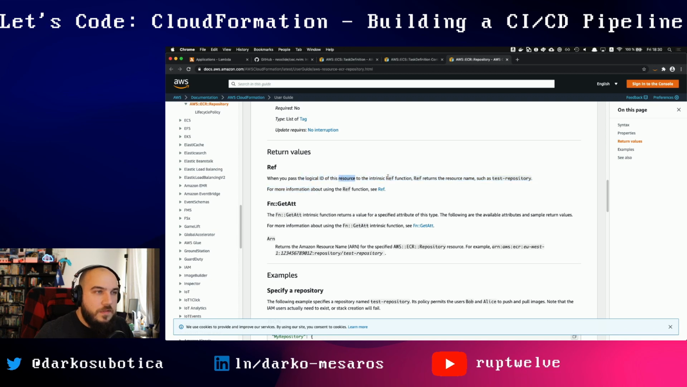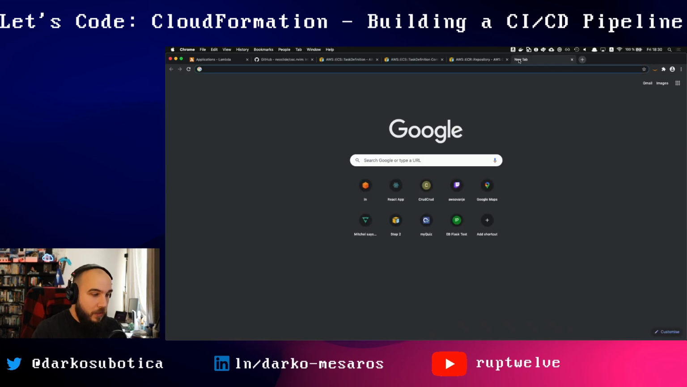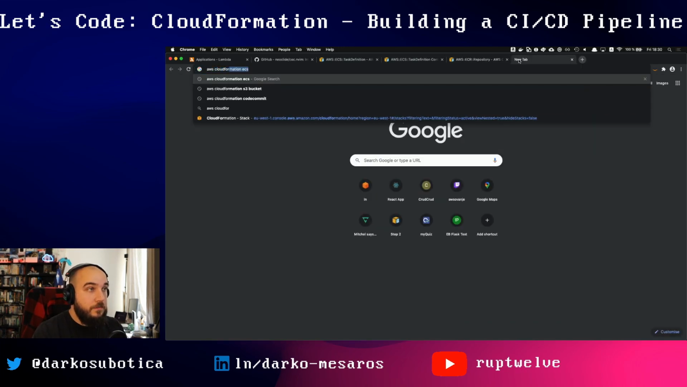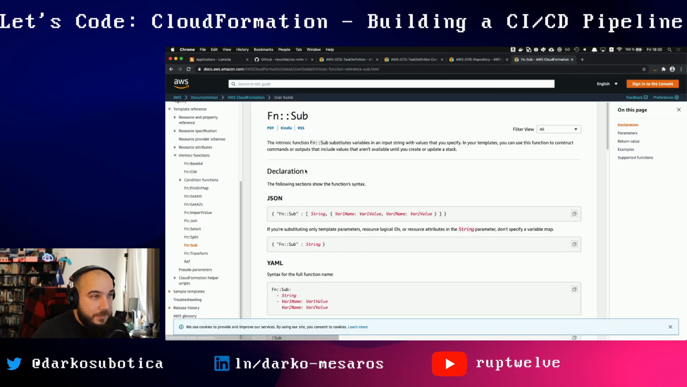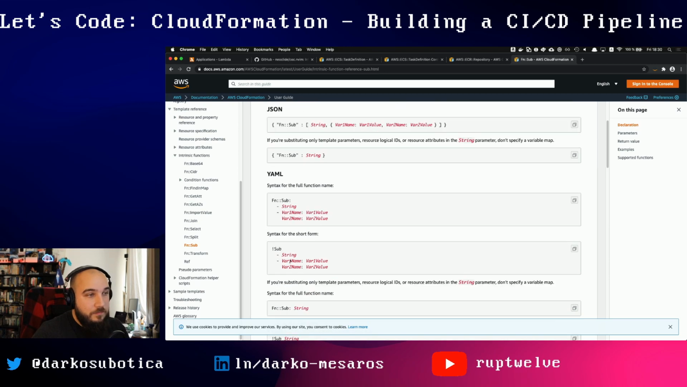When you pass the logical ID of this resource, the resource names, it gets a repository name. So we need to be smart about this, because we don't need to pass it just the name, we need to pass it the whole thing. So we are gonna do some substitutions, I guess. So we need to use the sub command, AWS CloudFormation Fn::Sub. Yes. So this is a substitution command that basically substitutes